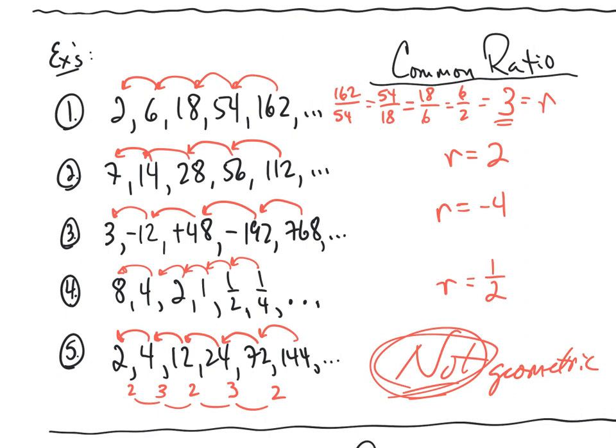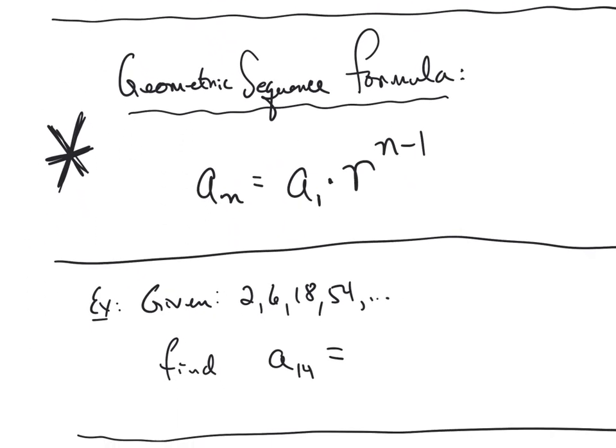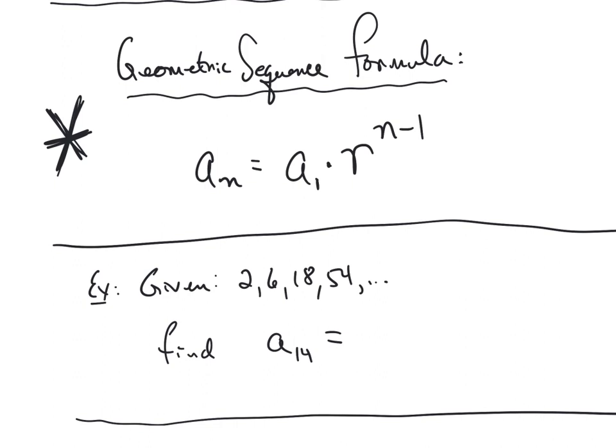Now, just as we had with arithmetic sequences, with geometric sequences we're also going to have a formula that helps us in several ways. This is a really important formula you need to make sure you get into your notebook. It's the formula that allows us, at least initially, to jump to any term inside of a geometric sequence. On the left-hand side we've got a sub n, so this allows you to find the nth term